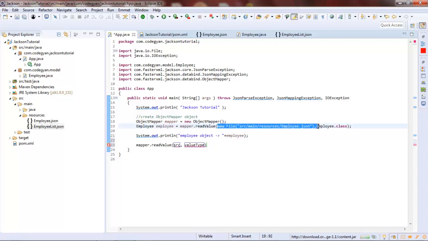The syntax is almost the same, so we can just copy it. Here instead of employee.json, we have to give the employee list. The main change is over here. Last time we gave the Employee class because there was only a single object, but now we are getting a list of objects.